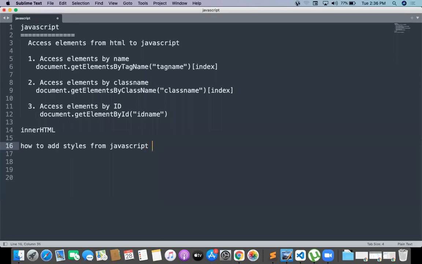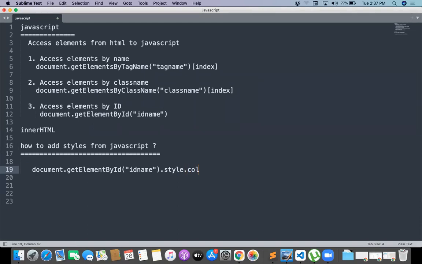So this is the simple question: how to add styles from JavaScript. If you want to add styles from JavaScript, there is a very simple case for you. For example, I want to access the element by ID name, document dot getElementById, as usual. Then I need to provide the dot property name, something like color red.